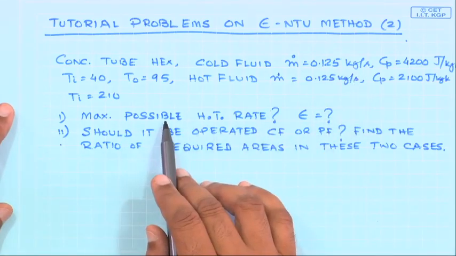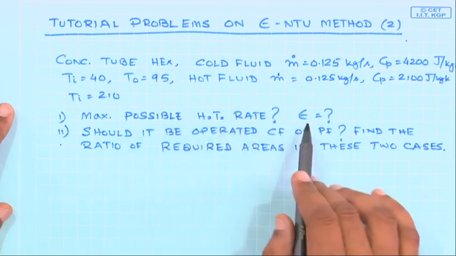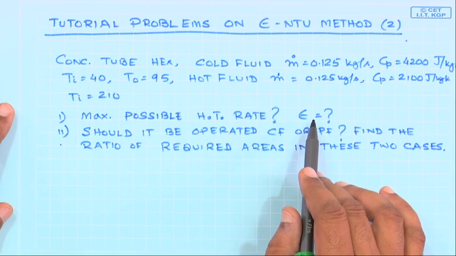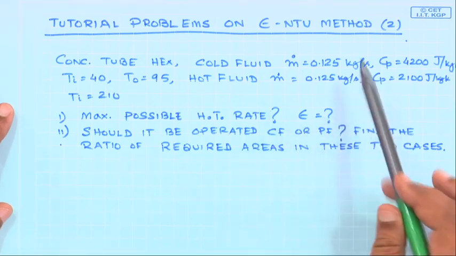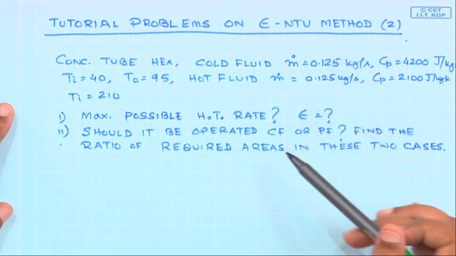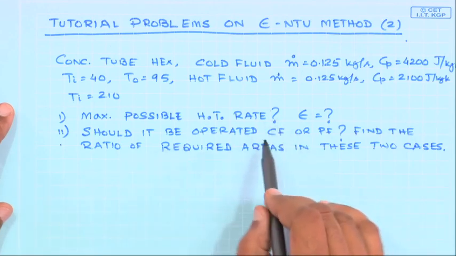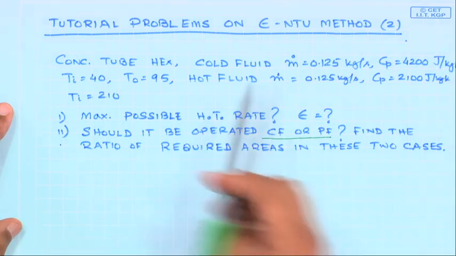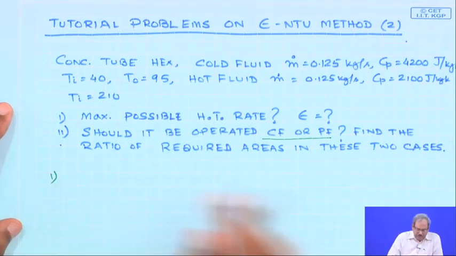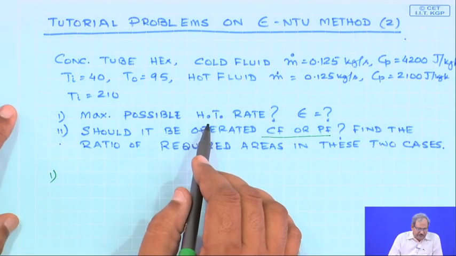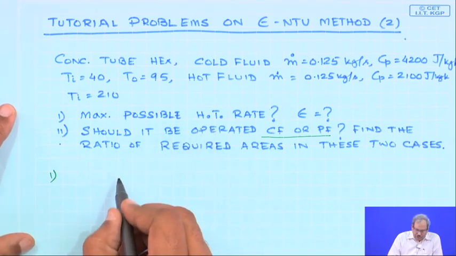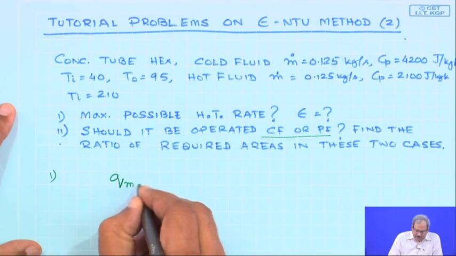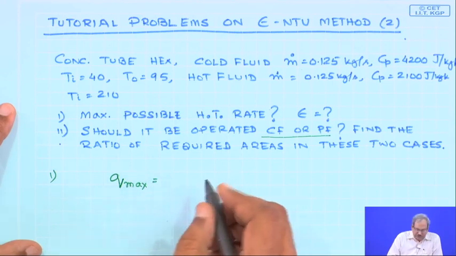However, in order to find the maximum possible heat transfer rate and finally to find the epsilon, we need to make our calculations based on the epsilon-NTU method, and secondly, we need to find whether it should be operated in counter flow or in parallel flow. So, I start with the first part of the problem, which is to find the maximum possible heat transfer rate. We know from our previous studies that the maximum amount of heat transfer which is possible